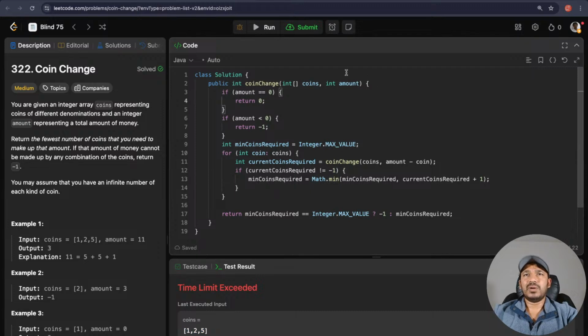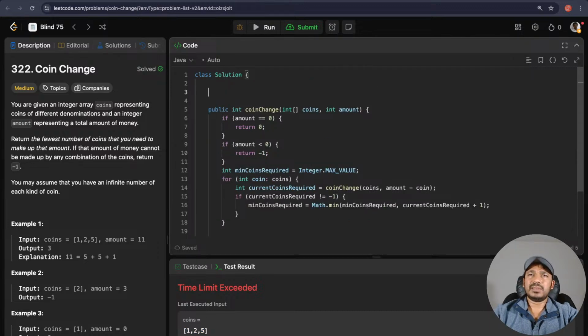So let's see how to add the memoization. Here there are two ways we can add memoization. One is that we can use a primitive array list of size amount. Amount is, let's say, 110, then we will be adding 110 different boxes, and for each of those we will add the minimum coins required for that particular amount. Otherwise we can do a hash map. I prefer hash map in this case specifically because I don't know if I need to compute the coin change for each of the amounts